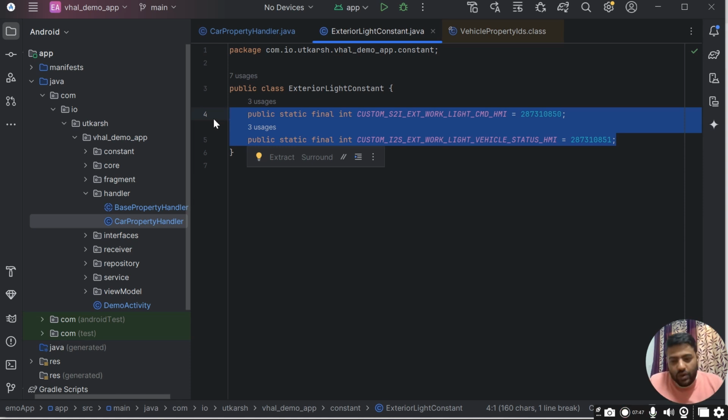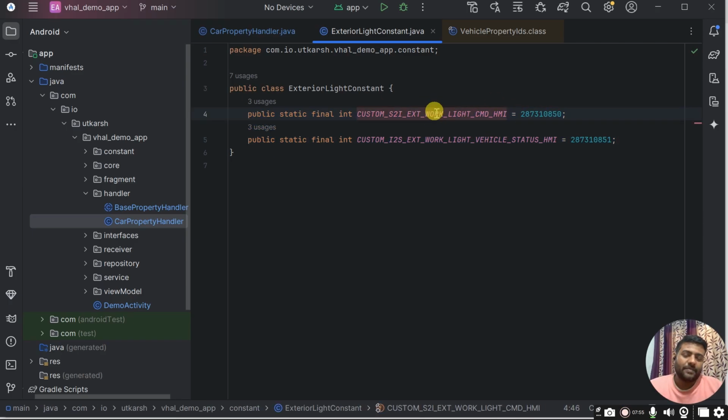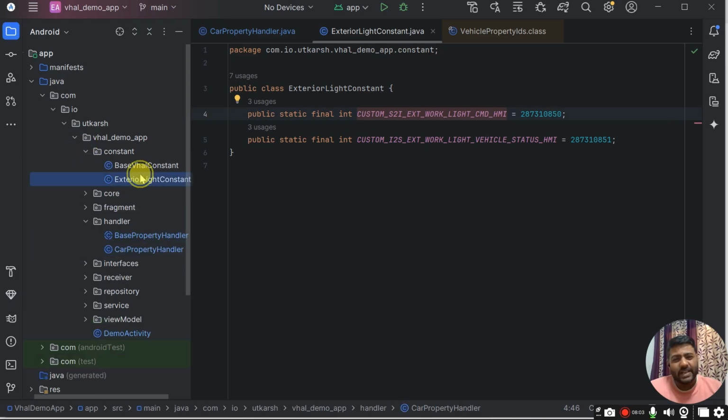Okay, who is working on the VHAL part, the vehicle hardware abstraction layer? They will give you this property, this ID, and this property. Now you will see here what you have written in your class, an exterior light constant, something like that. So we have two options. If your application is directly signed with your platform key,